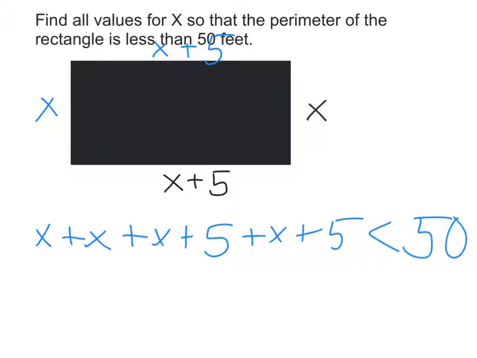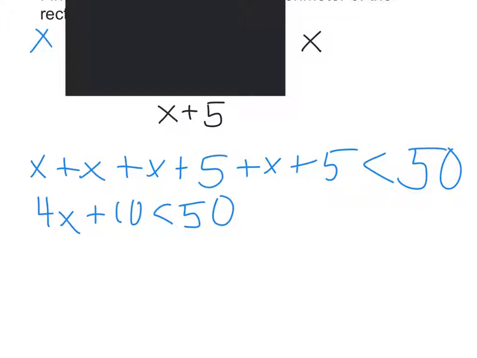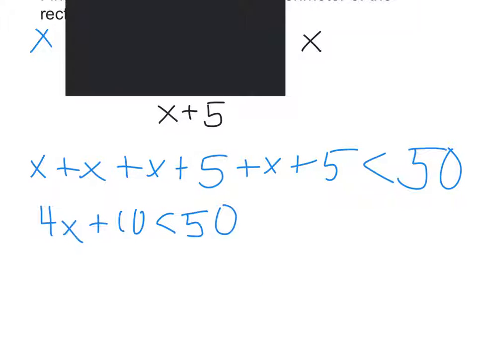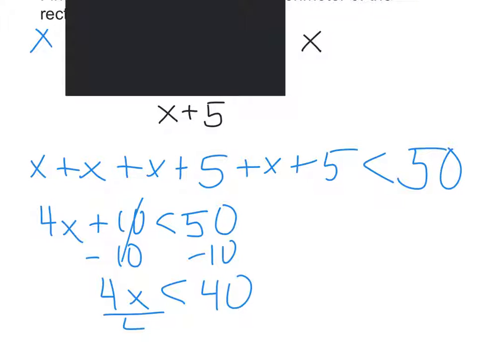Now what's going to happen on our left-hand side? Well, we have x, x, x, and x. There's 1, 2, 3, 4 x's, so we're going to call that 4x. That's combining like terms right there. 5 plus 5 is 10, so we have 4x plus 10 is less than 50. Then you're going to subtract 10 from both sides, trying to get all of our x's on one side, all our numbers on the other. Less than 40. Then you divide both sides by 4,